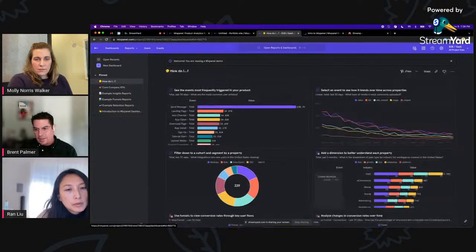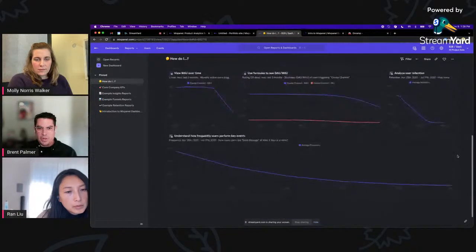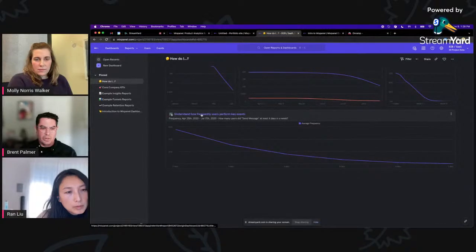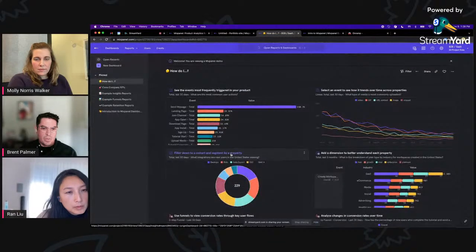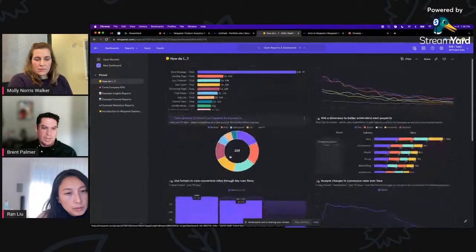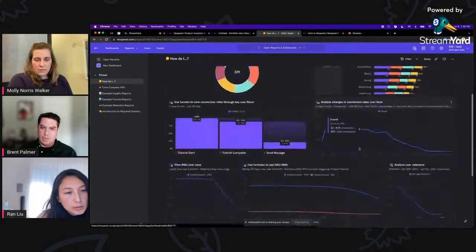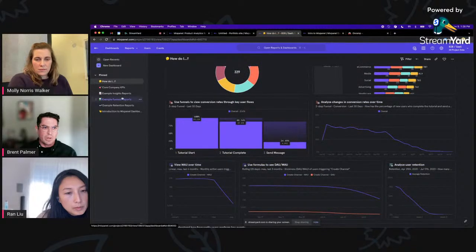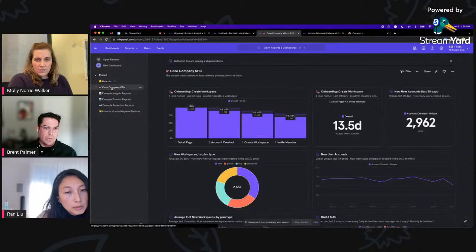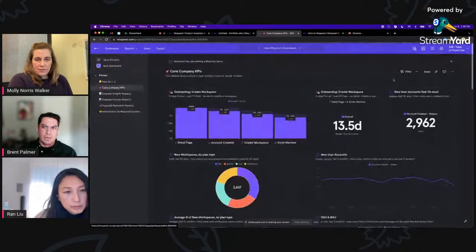The way I think about it, these feel like product tours, all laid out menu style. These are all guides on how to use a feature or make use of the product and get value from it. This starts to teach you about core company KPIs.